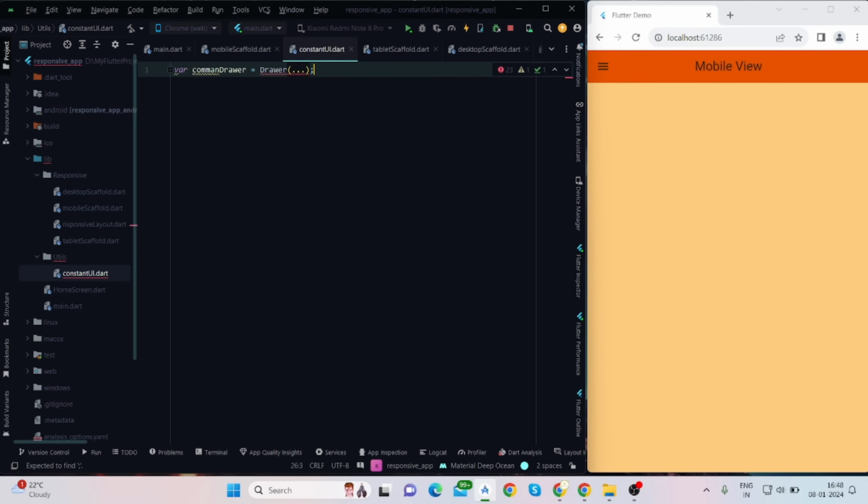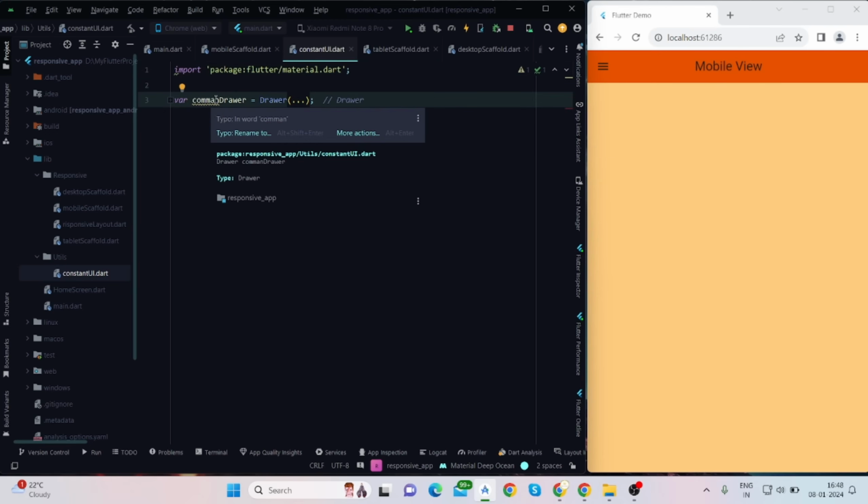Import the package, and you are good to use this common drawer